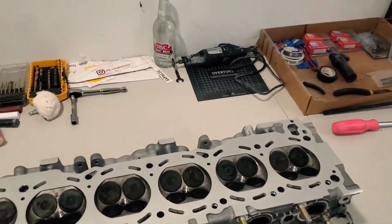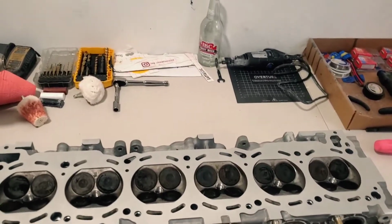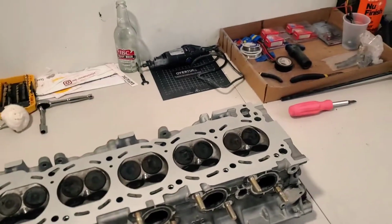One extra thing that I did have them do: they didn't have a port and polish service. I did ask them about that, so they didn't have that. But outside of that,